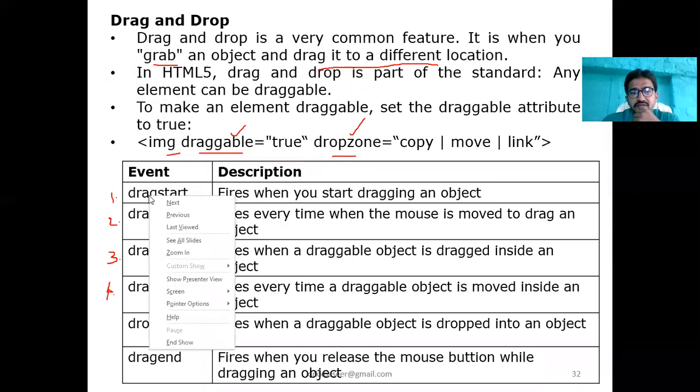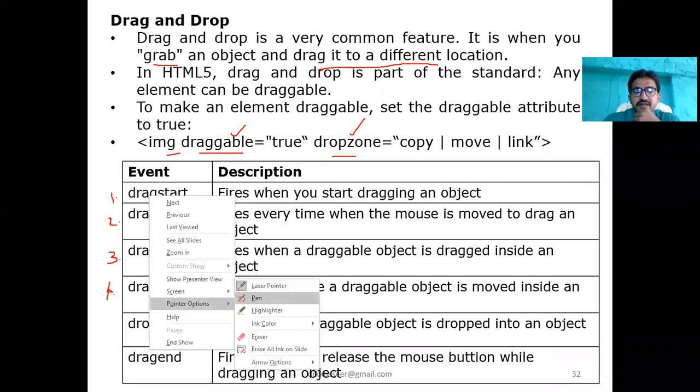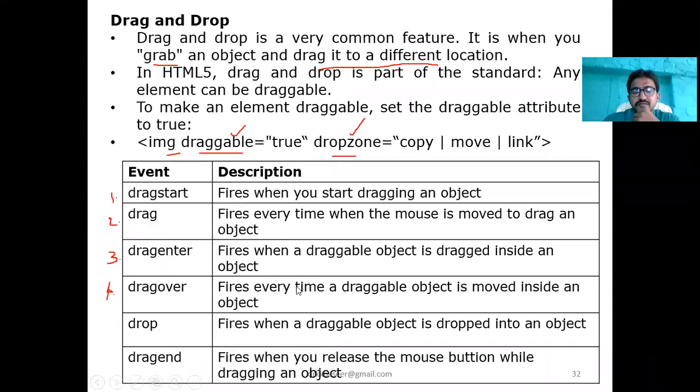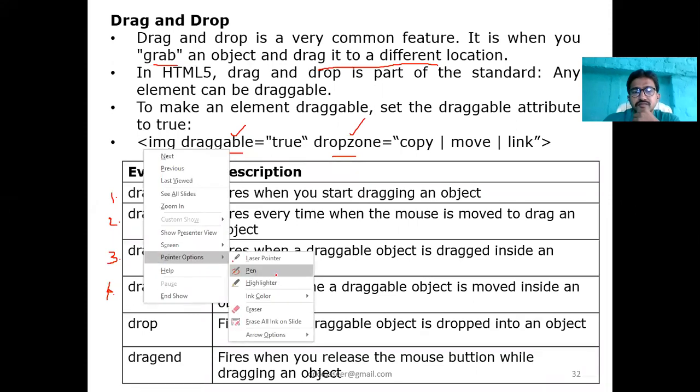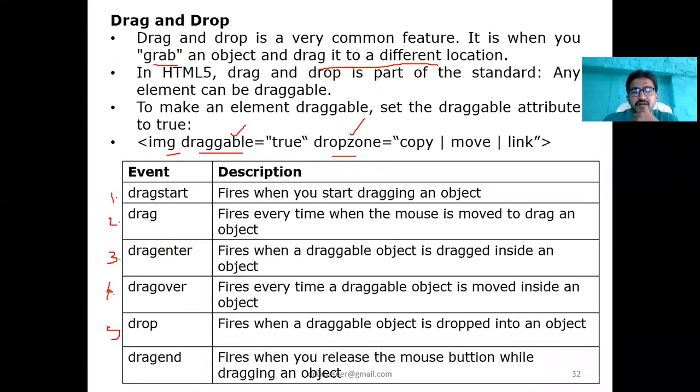And the fifth one is drop. Dropping is nothing but once you have selected and dragged, you can drop the draggable object in a particular position.